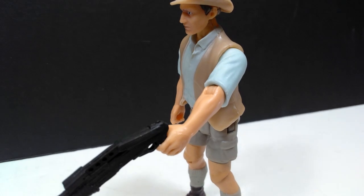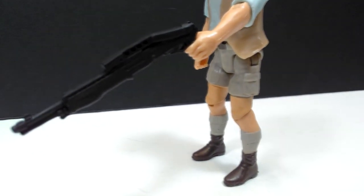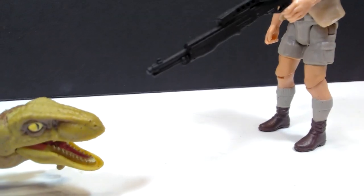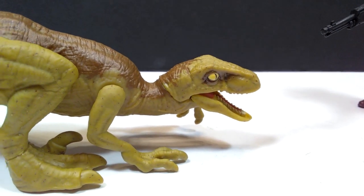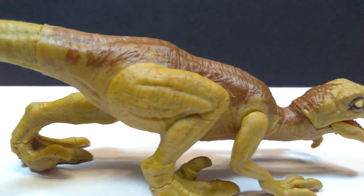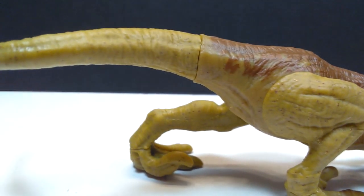But it's kind of a smack in the face to many fans all over the world when they get excited for an upcoming Jurassic World set coming out from Mattel, and then we just kind of don't get it. And it's not just us in the United States, it's all over the place. This is a problem all over the world, and it's really something that I would like to hope that maybe moving forward, Mattel could try to work out and get a little bit of a better deal, maybe with companies